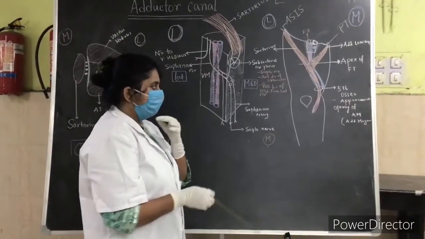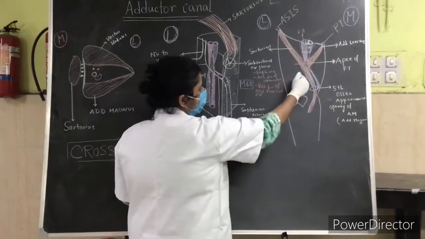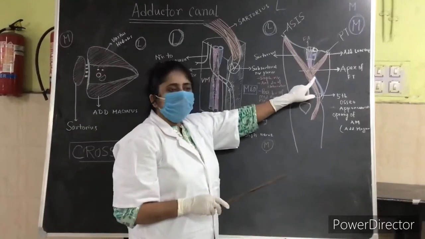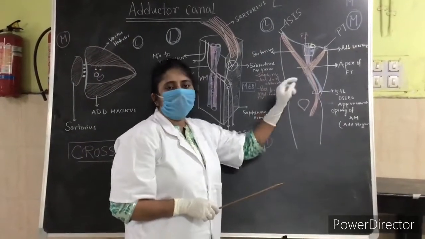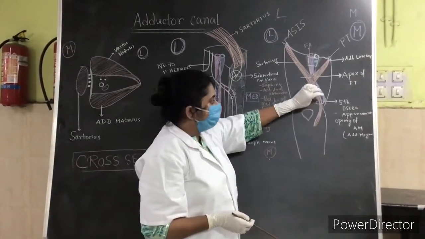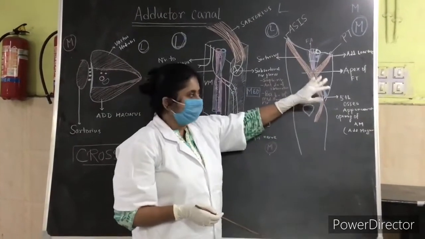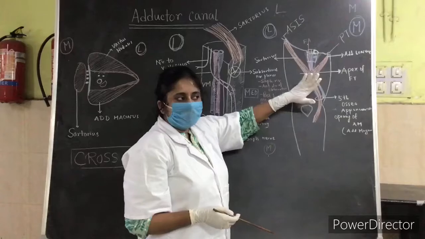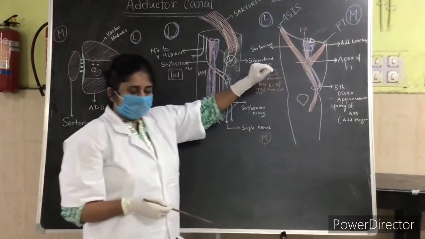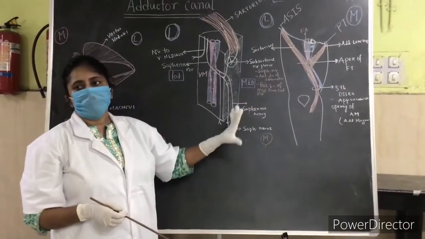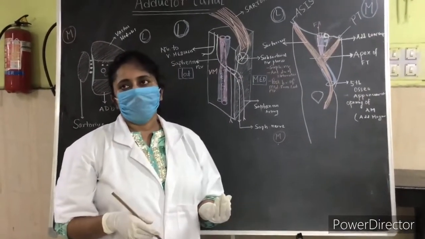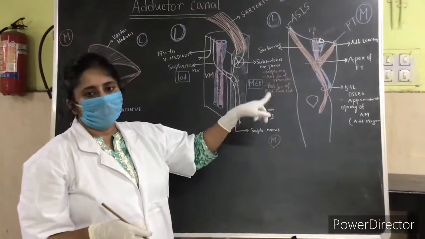Because in this region the femoral artery is present in the adductor canal, and this region was used during surgery of popliteal artery aneurysm to prevent excessive bleeding, by compressing or applying a tourniquet at this area over the femoral blood vessels against the linea aspera of the femur to prevent excessive hemorrhage. So, according to the name of John Hunter, it is known as Hunter's canal or adductor canal.